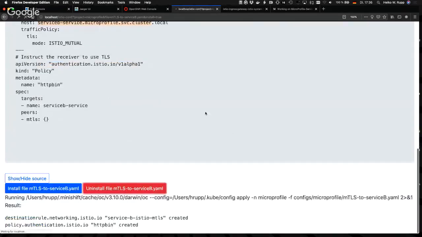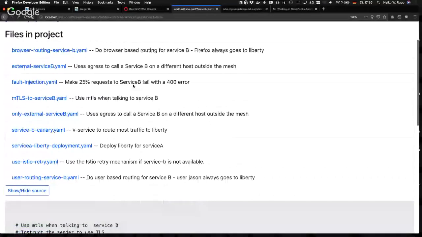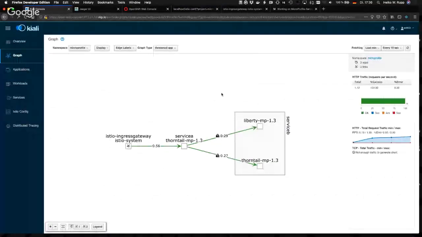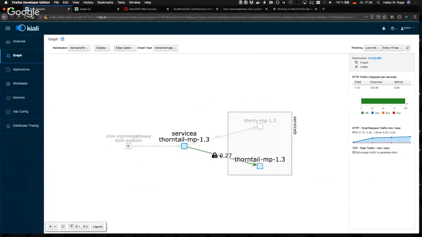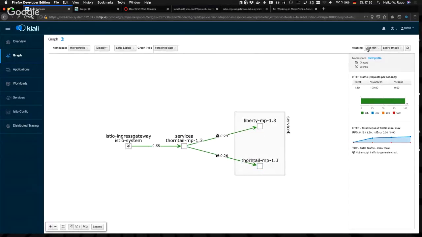So let me uninstall this one and then show you something else. Very often, I mean, here we have two versions of our service. Logs are still in here because we get them from telemetry, and we're fetching the last minute. So this is why it's still present. This is also something you need to remember going forward when I make some other changes.